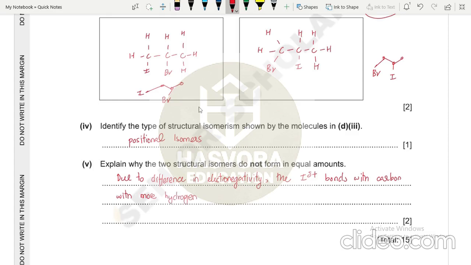Just remember, it is the same as HBr, in which the H has the positive charge and the Br has the minus charge. So more hydrogen, and the Br minus